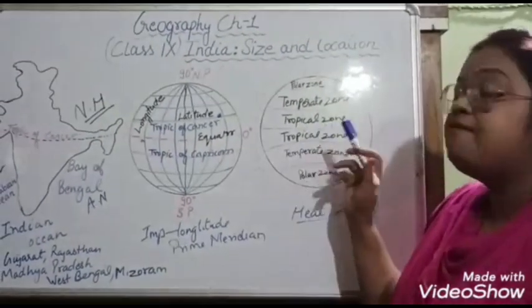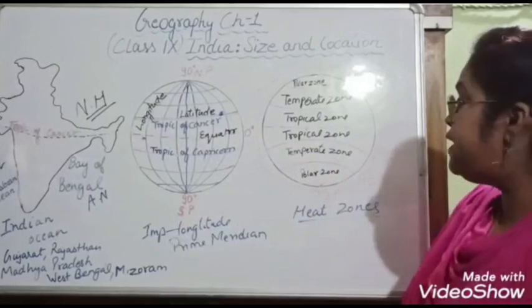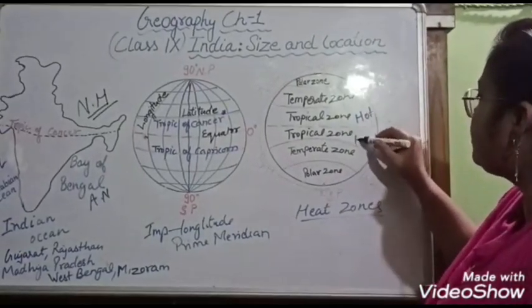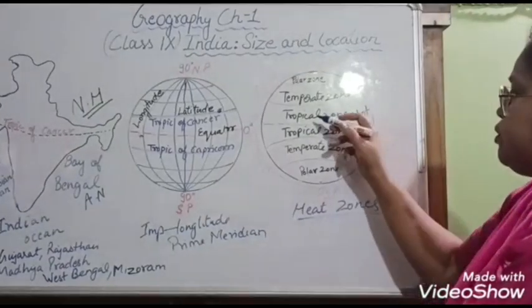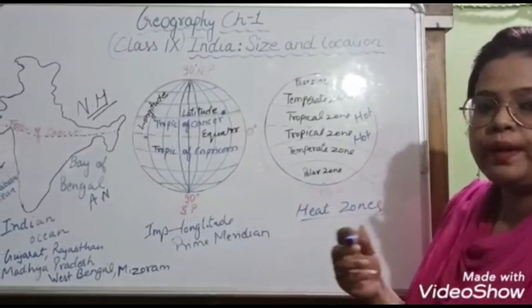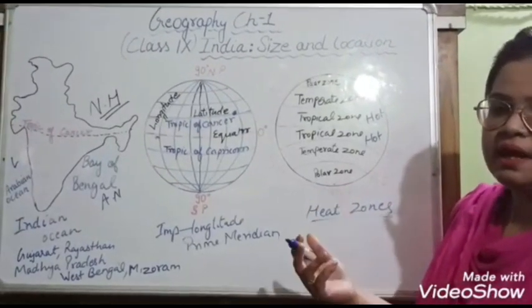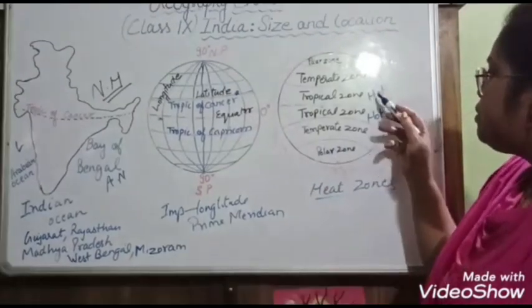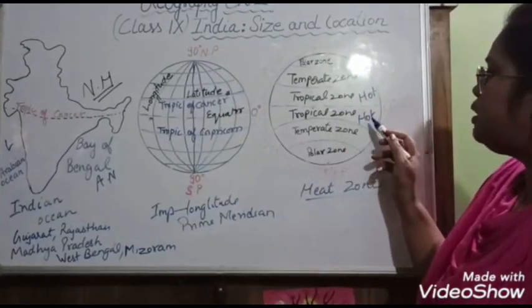So this means very hot zone, hot, very hot. Okay, tropical zone near the equator means Africa. Equator cuts through the middle of Africa. Africa is having a very tropical type of climate. Too much heat is over there. So tropical zone is too hot.